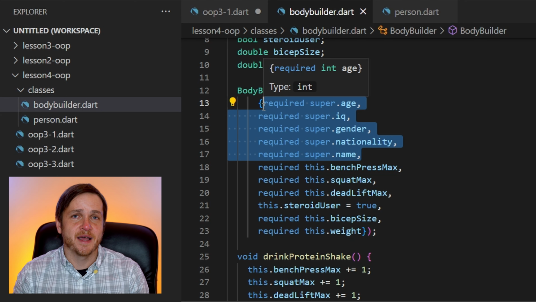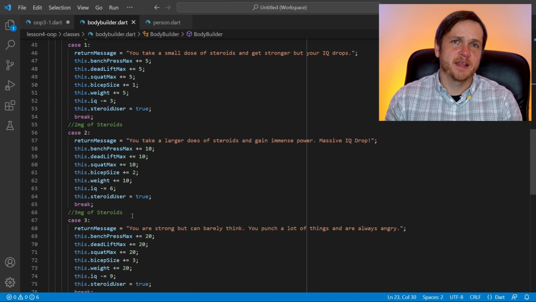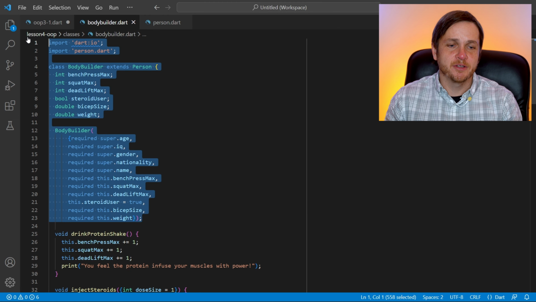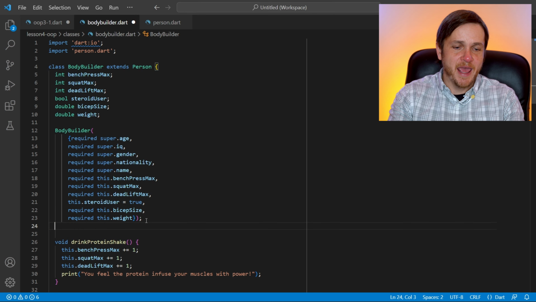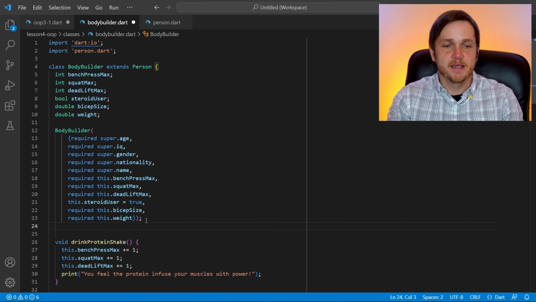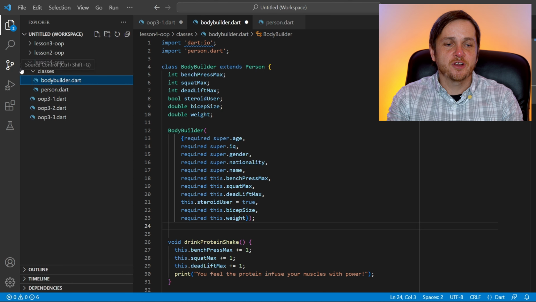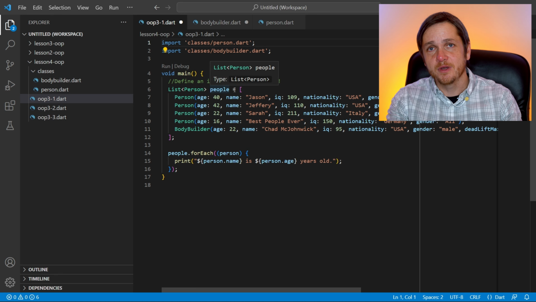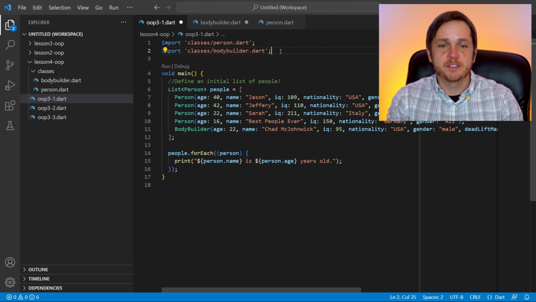Oftentimes though, when you're creating classes and objects, the data is not going to be required, so you won't be forced to enter everything. So if you notice in this file, we've created a bunch of methods. I want you to ignore this for now. After you've done the bodybuilder constructor, I want you to put in a closing curly brace. I want you to save the file in your classes folder and call it bodybuilder.dart. And then you're going to need to go to your main file, which in my case is called OOP3-1.dart. You can call it whatever you'd like. And make sure you're also importing